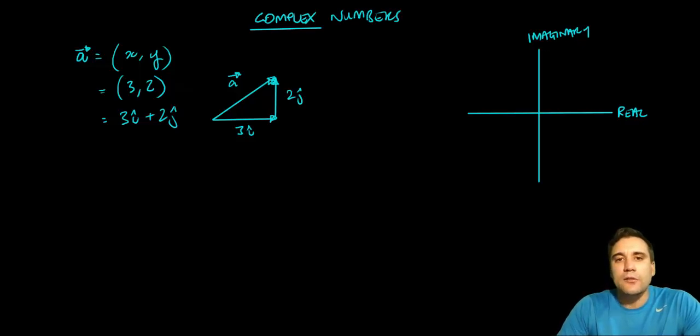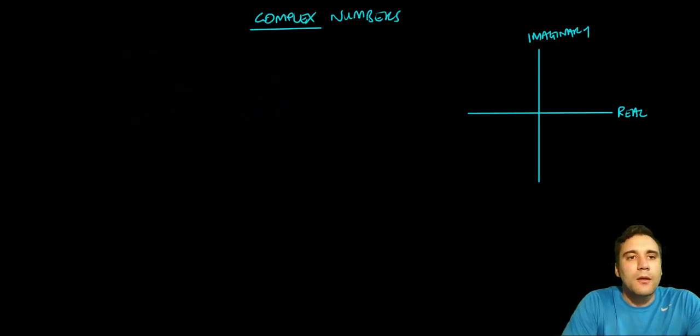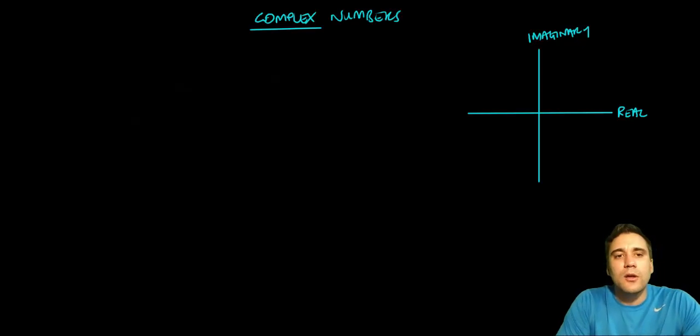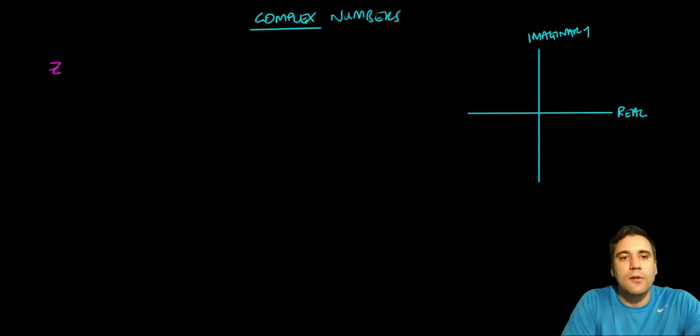So this is kind of analogous to the 2D vector situation, because, and I'll just clear this now to free up some space, instead of having an I for what we normally call the x-axis, which in this case is called the real axis, we just have a complex number which might be z, right? Some complex number z,